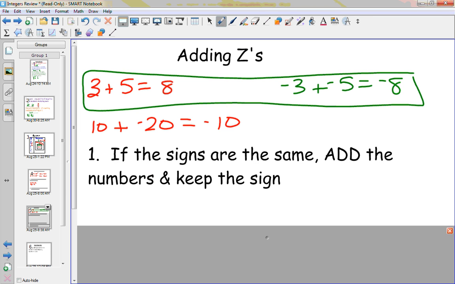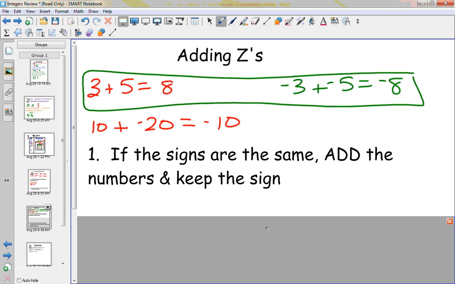Well, if you're saying if the signs are the same, we add the numbers, that's right. We add the numbers and we keep the sign. But what did we do here? These signs are not the same, so what did I do? How did I get negative 10 over here? Well, I subtracted. So if the signs are opposite, for example, negative 13 plus 8, that's going to give me